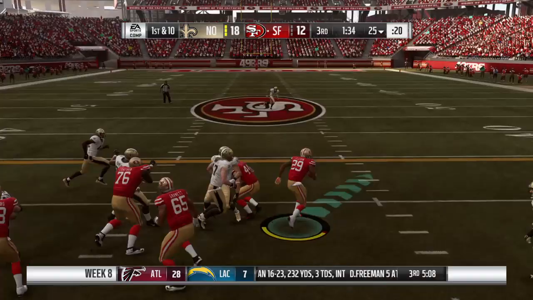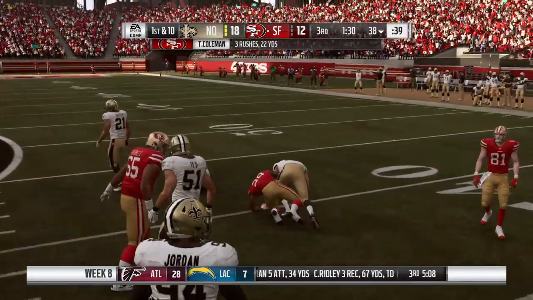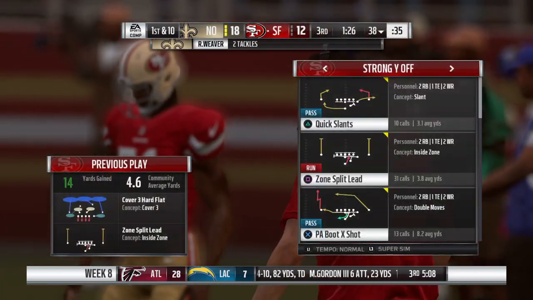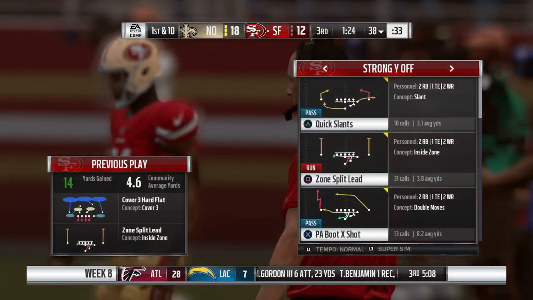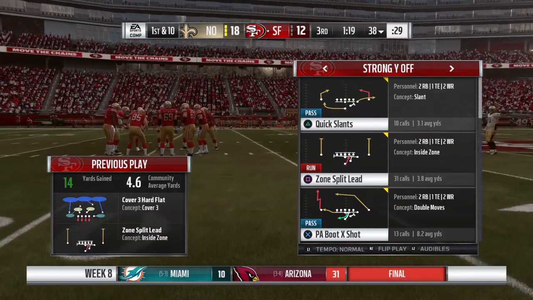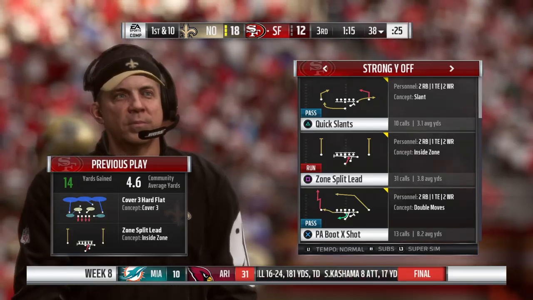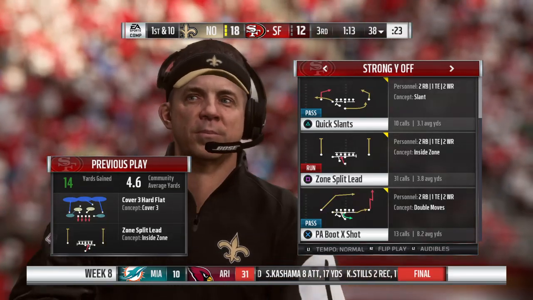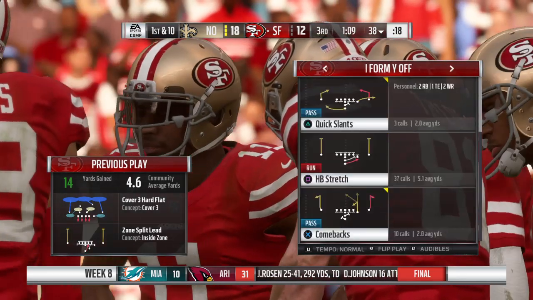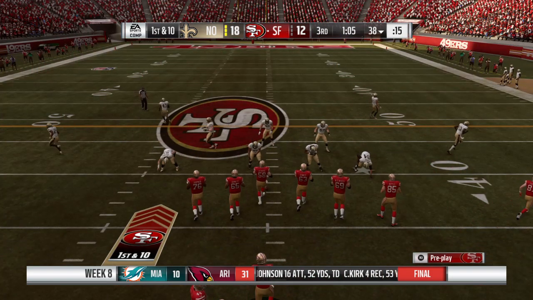And the drive starts with a handoff to Coleman. And he's taken down, but able to slip across the 35. First play of the drive going for 14 and a first down. That was good, tough running right up the middle. And if the defense can't penetrate and make him slow his pace or change direction, that's often the end result. So here's a 1st and 10 at the 38.